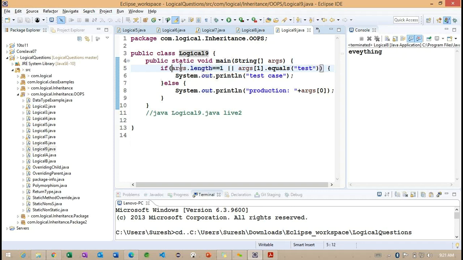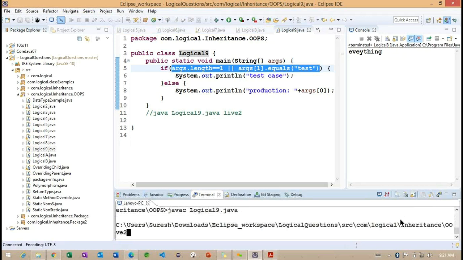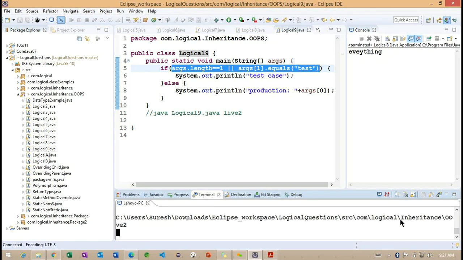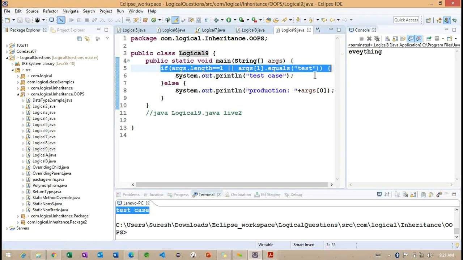We are passing the length here. So if this condition is satisfied, it is not going to check the equals condition here. Right. So now you can see, if I run the same example, what is the value we are getting? Test case. Getting the point: the if condition is satisfied here. So you are missing checking this particular length here. So length is also important here.